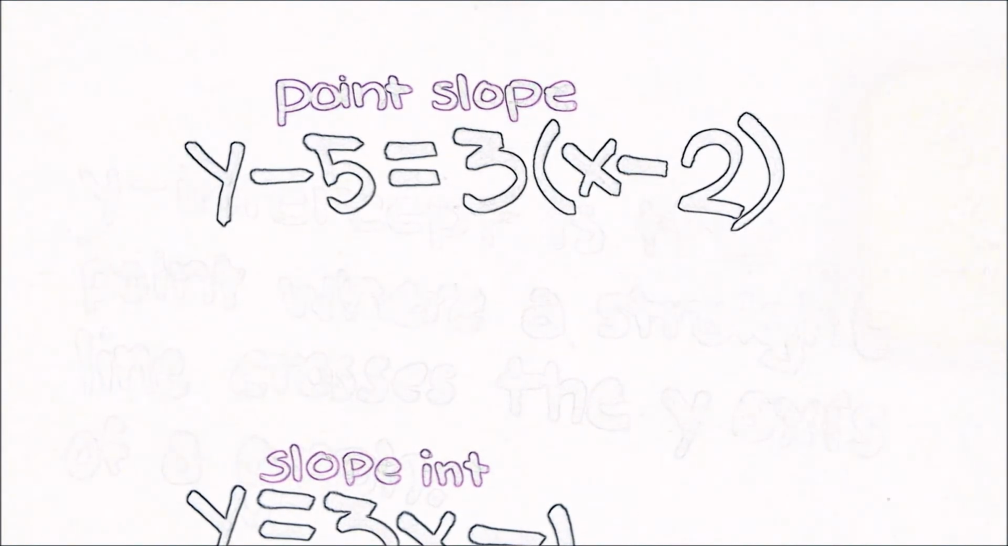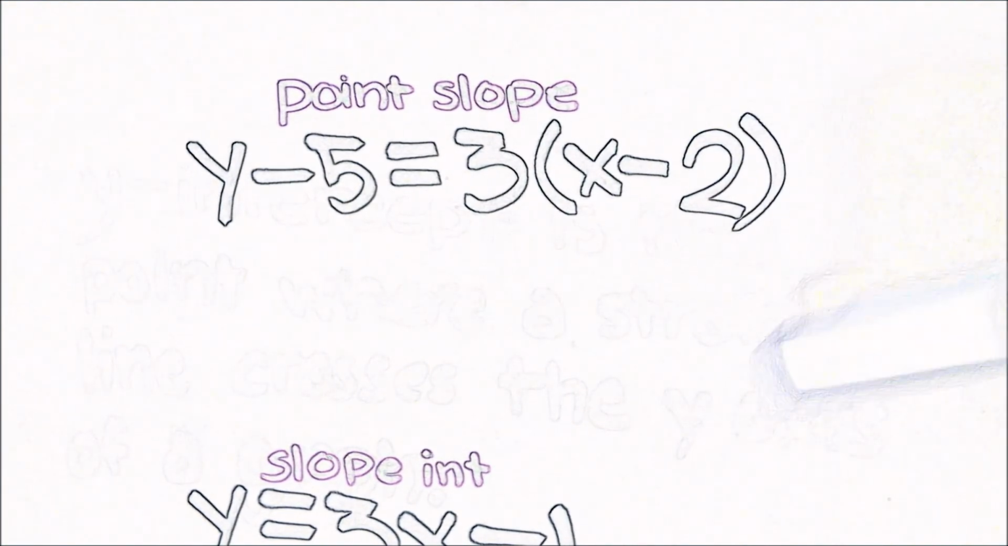To get the slope-intercept form from point-slope form, you must first know how both forms look like. Here in the top, we have the point-slope form, and in the bottom, we have the slope-intercept